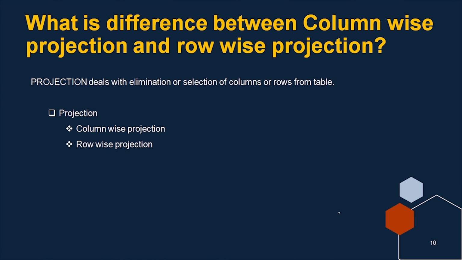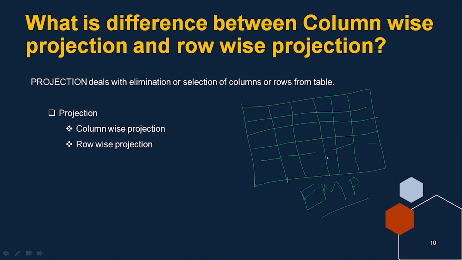Now next, what is the difference between column wise projection and row wise projection? Projection deals with the selection of columns or rows from the table. So projection is divided into column wise projection and row wise projection. I am giving this example. This is my employee table, and in this table I have ID, name, address, phone number, department ID, and salary of the employee. So you can see I have 6 columns in this employee table, and it has 1000